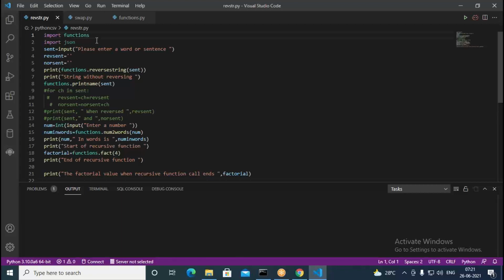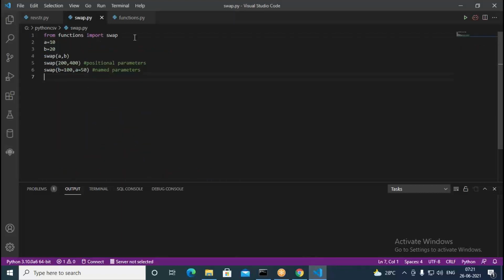So from the functions library we are importing all the functions, but here we are importing only the swap function. Then we call it with parameters. The second thing is we straight away pass constants, but this is positional parameters, and this is named parameters. Like this we called it here.